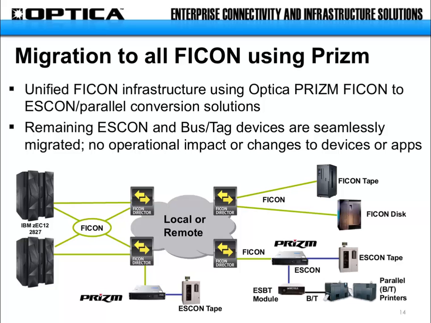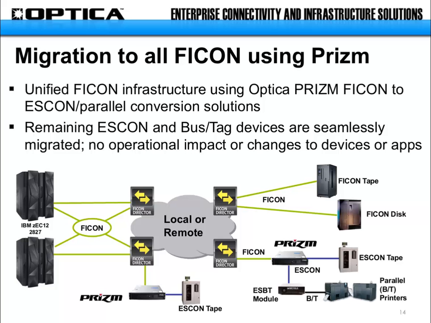So we're going to talk to you about how you can leverage the Prism solution to maintain those important applications that you have. And as Ray mentioned, you have every opportunity to migrate those devices to native FICON. And where that makes sense, we hope that you take advantage of that. Where you can take advantage of performance, you can take advantage of feature function, and the cost benefit is justified to migrate forward to FICON, native FICON device connectivity.